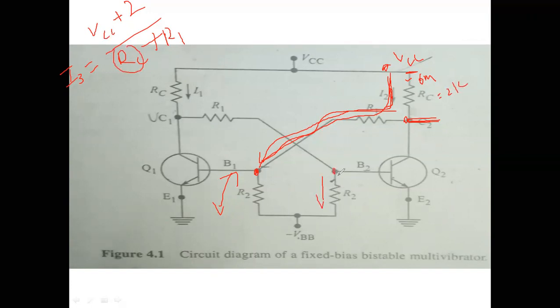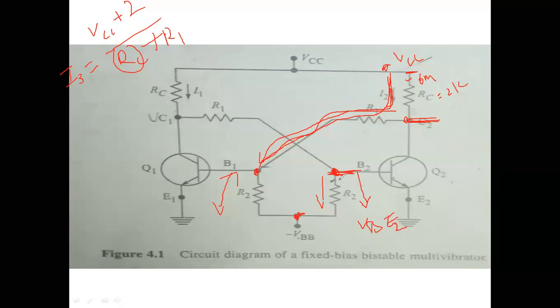Therefore, to find this current, the voltage at this point minus the voltage at this point. Here the voltage is nothing but VBE sat, VBE sat minus VBB. At this point, the voltage is nothing but VBE sat, or VBE2, we can take it as VB2. VB2 minus, at this point, the voltage is nothing but VBB.